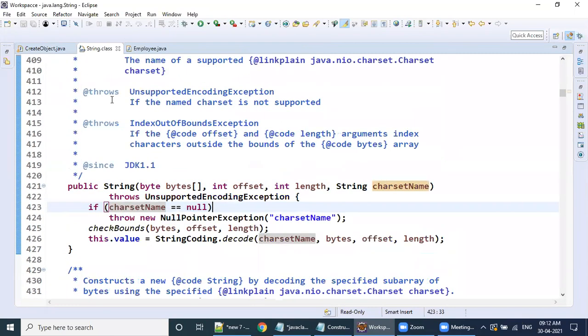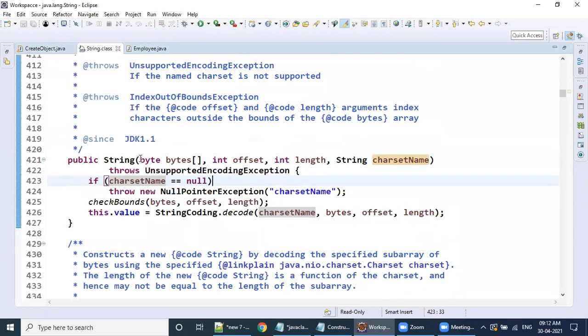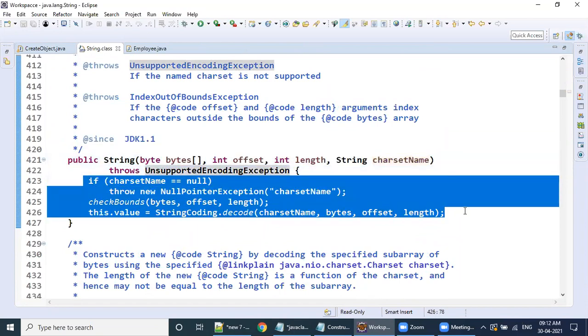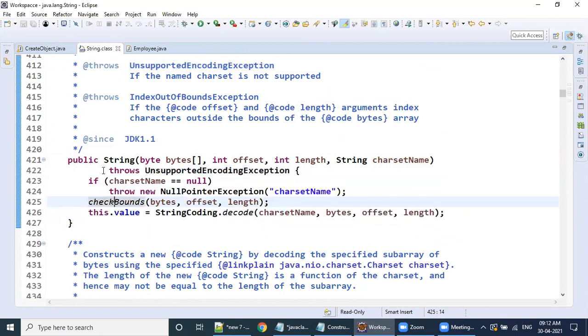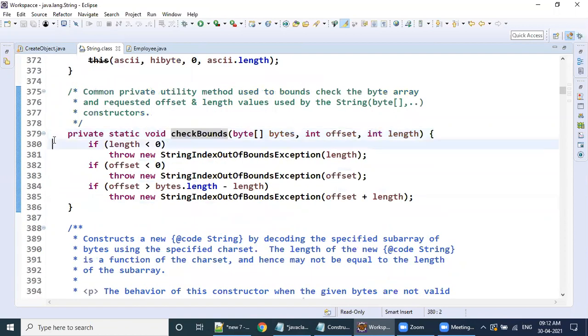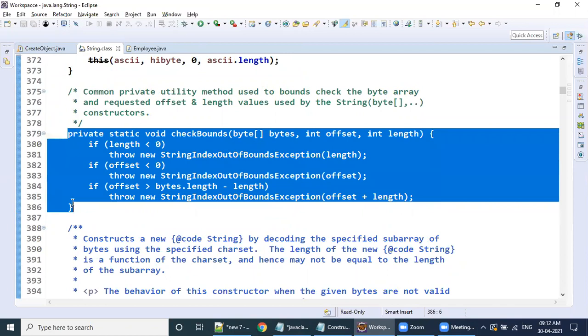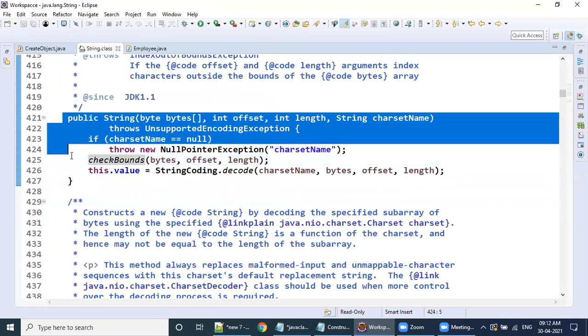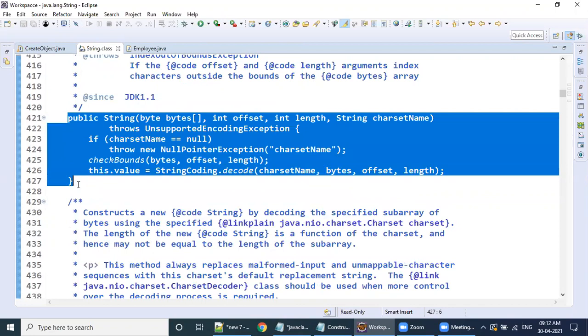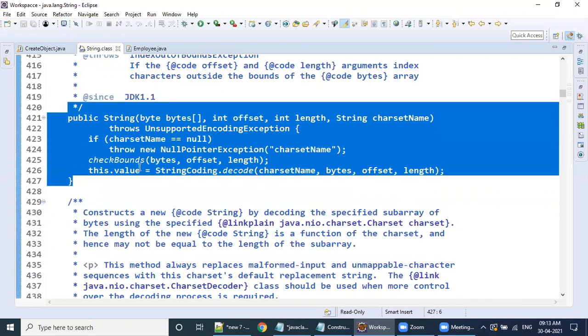Okay, verify here. Inside the String class, with the help of this constructor, they are performing some kind of logic here. Meaning, these statements execute whenever this object is created. At the time of object creation, they want to execute some logic. They are invoking some method, the checkBounds method in the same class. Clear, all of you? Did you see any declaration here? No, right? This keyword like that we are not able to see. Completely it is logic here.